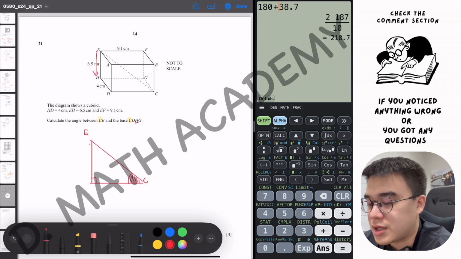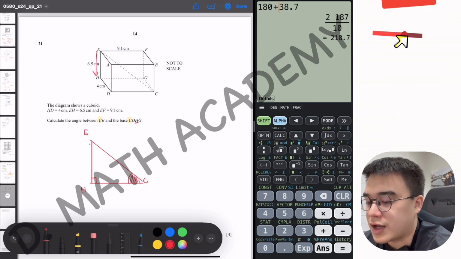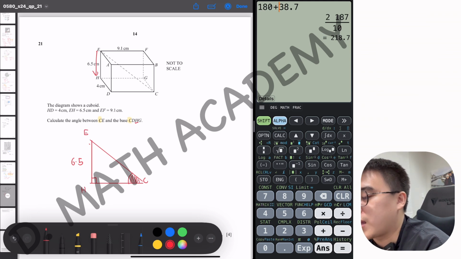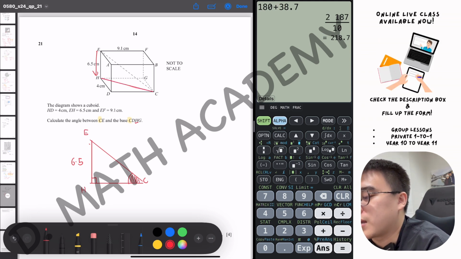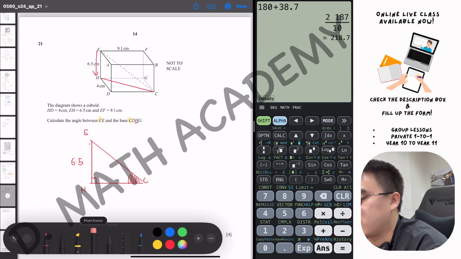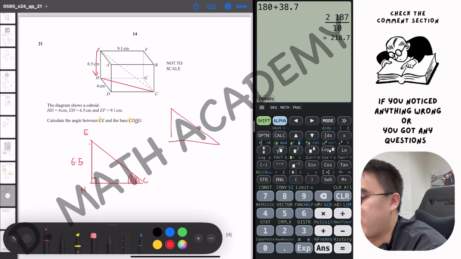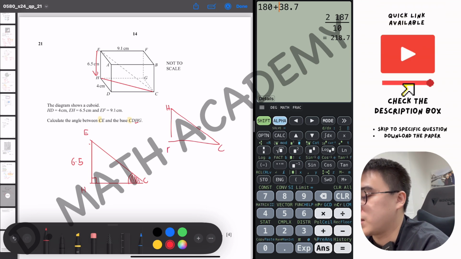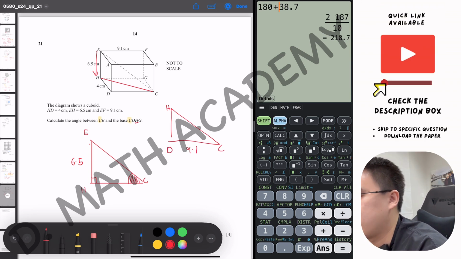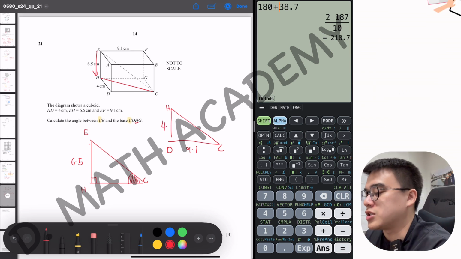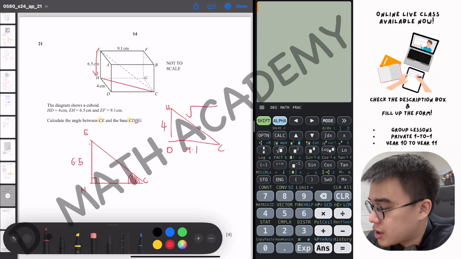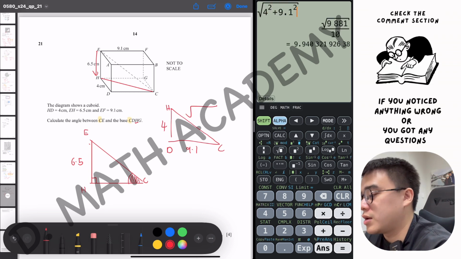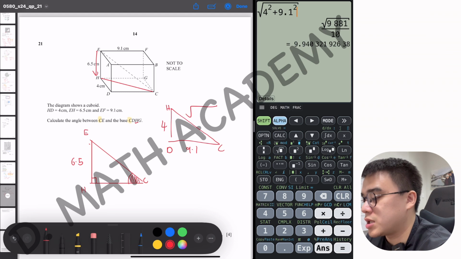Looking at this shape that I just sketched out, I only have the height, which means that very likely we need to find HC. Okay, and to get to HC, you only have one piece of information that you need to manually calculate. That will be this, where you get the 9.1 and 4 to patch this information up. So HC is basically the square root of 4 squared plus 9.1 squared. Okay, making the answer